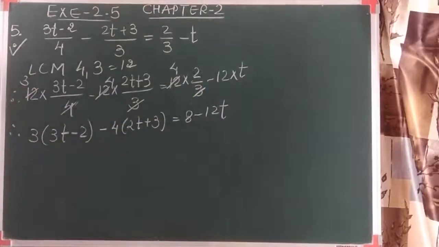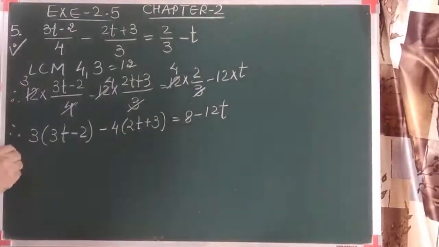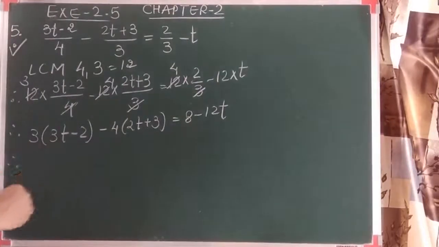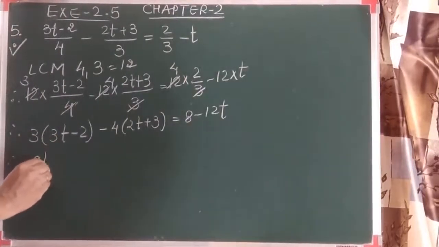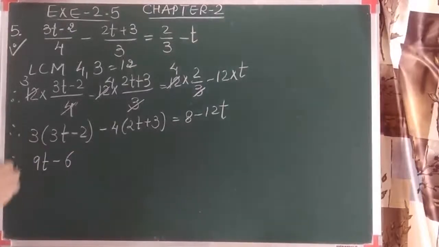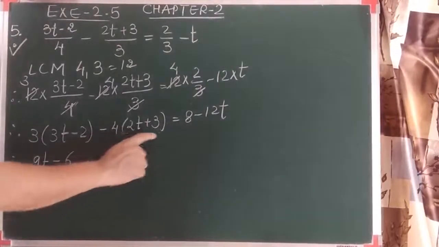Now remember why this sum is very important: because of the next step which we are going to do. As we discussed, 3 should multiply with both the terms. 3 3s are 9 and 3 2s are 6. Why is it very important? Because of this step.